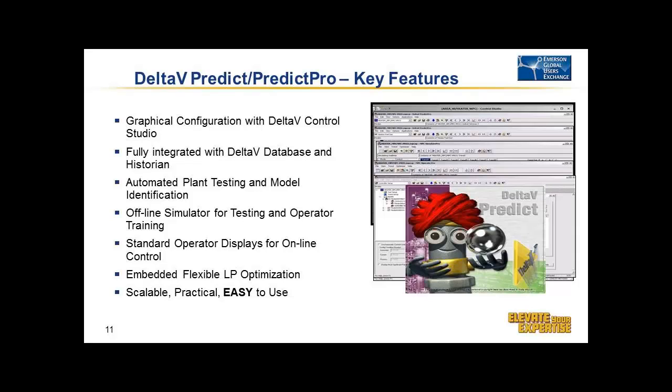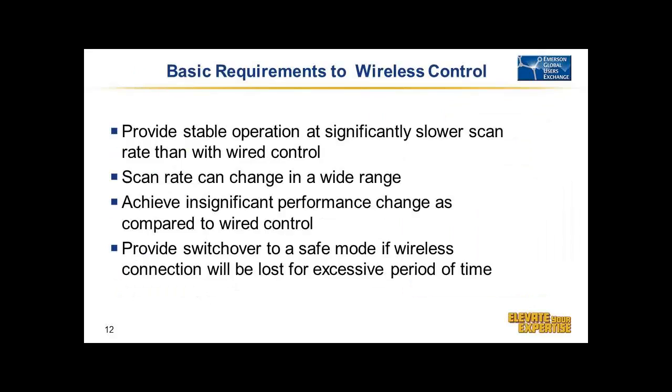And from that product, what are the additional requirements which come with wireless control? First, the basic requirement, like for any control, is really stable operation. That's what we need to realize. With wireless control, definitely scan may be changing in a wide range. We want to achieve insignificant performance change. Definitely, we assume that wireless control may degrade performance to a certain extent. That is an obvious assumption. Equally important as stable operation is switching over to safe mode in case wireless control might